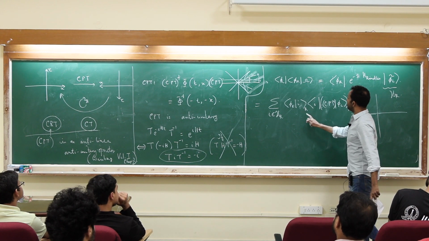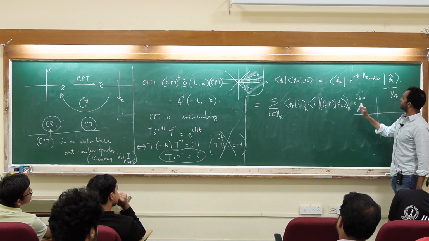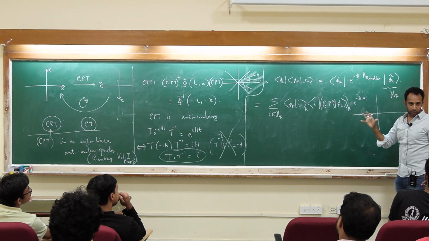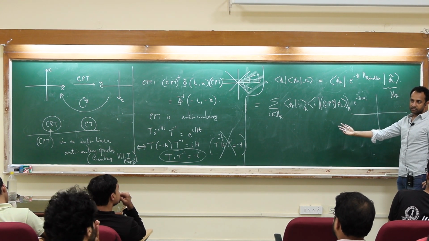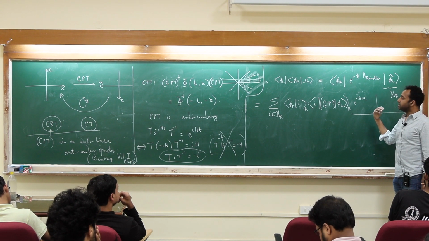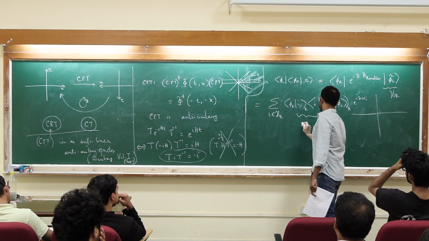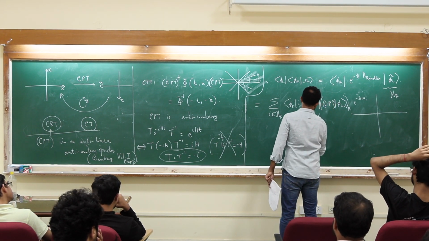So even at this step, you might think that basically all I'm doing is just writing e to the minus pi H Rindler. Note that H Rindler is a Hamiltonian acting on the Hilbert space, which is the right Hilbert space. So there I can expand it in the basis, the energy eigenbasis